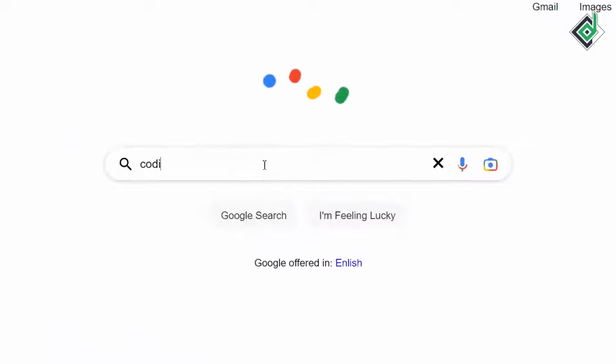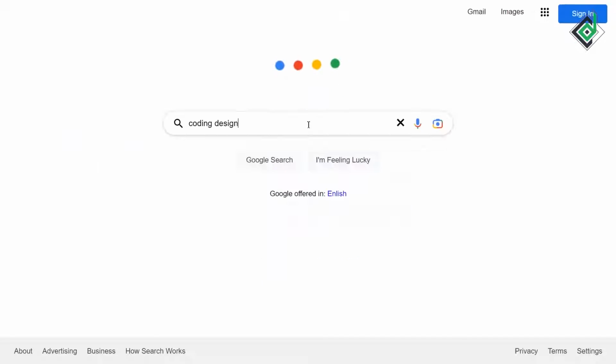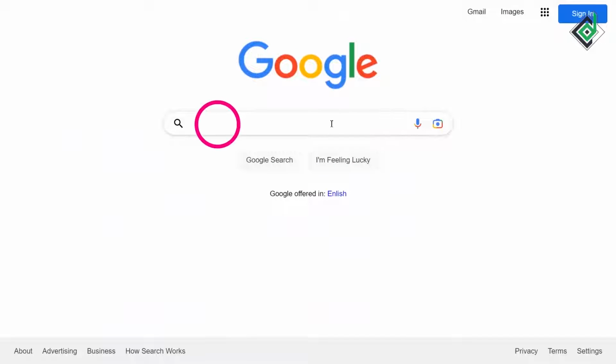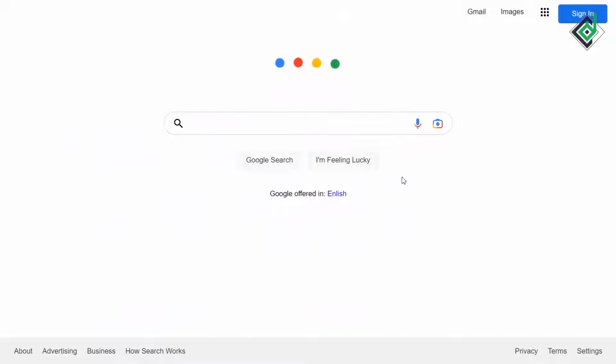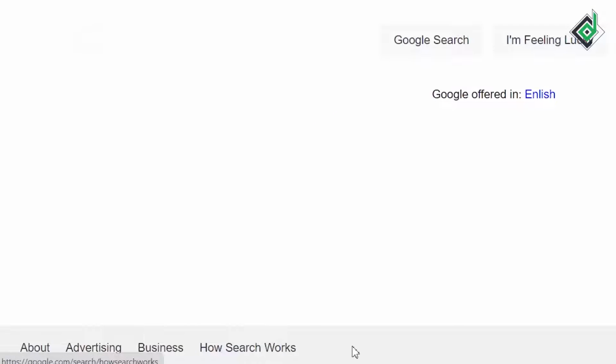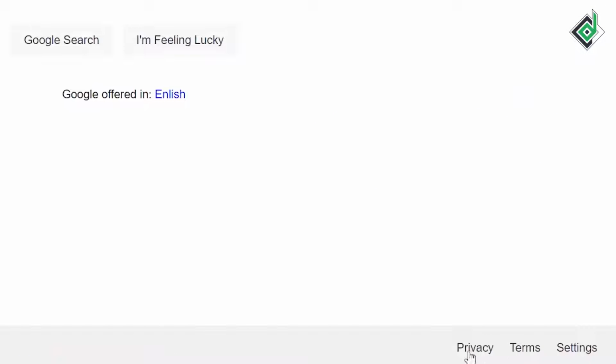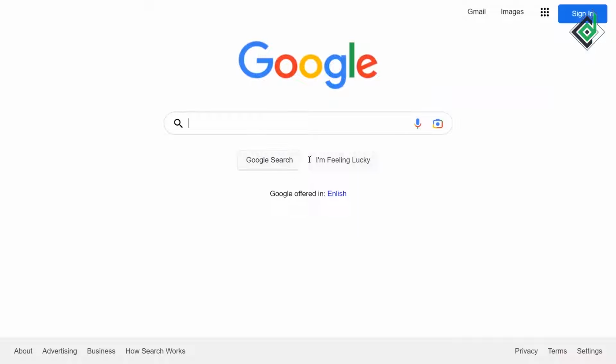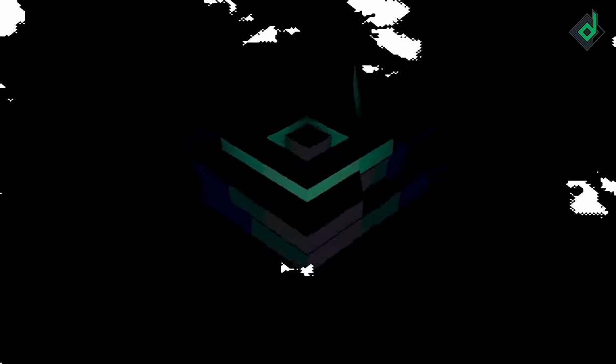Similarly, when you type anything, the cross icon reappears, and also when you click the cross icon, it will clear all text or the characters that you have entered in the search bar. And also at the bottom you can see that footer. So we are trying to create everything from scratch. So are you excited? Without further ado, let's start.